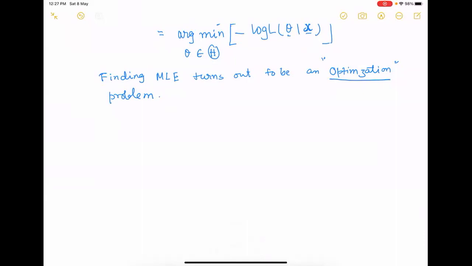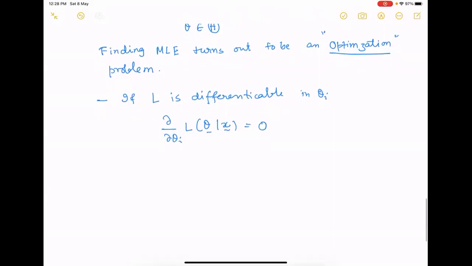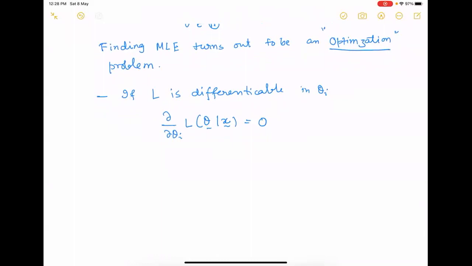So if L is differentiable in theta i, then what we can do, we can differentiate with respect to theta i, equate to 0 and solve it. And of course, we have to check